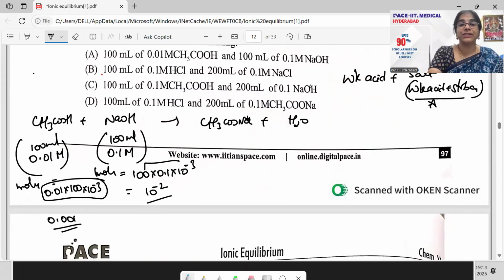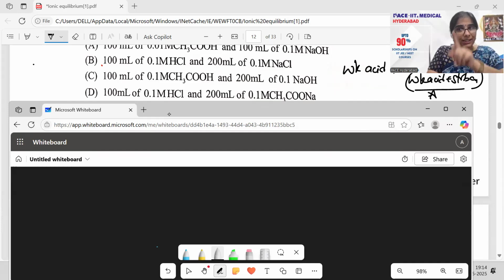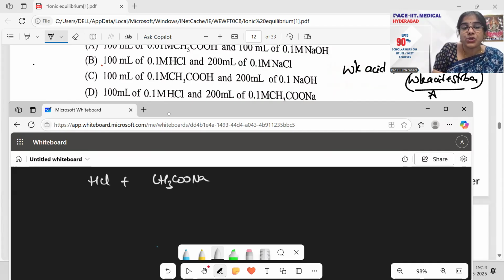देखो, try doing option 4. You will do option B and C also. I am only doing the answer finally. A मैंने करके दिखाया, you will do B and C and check. Now let us go on with this option D here. So HCl plus CH3COONa. So this is 100 ml of 0.1 molar HCl and 200 ml of 0.1 molar